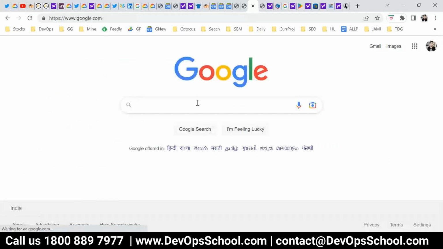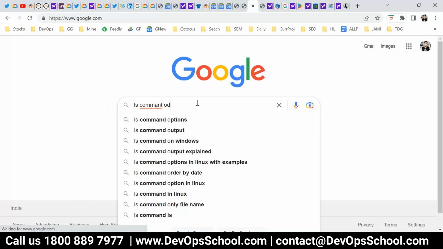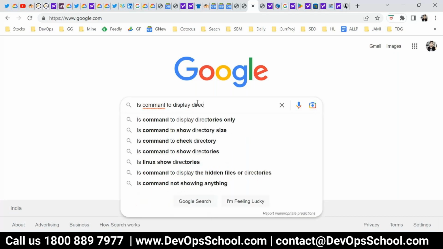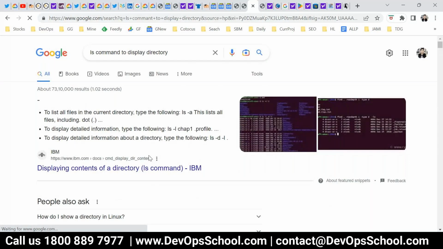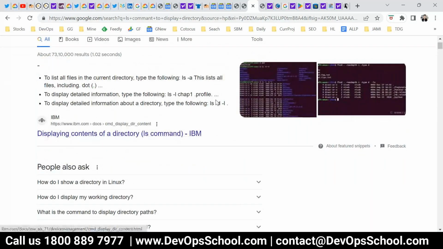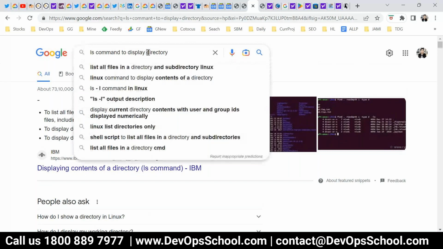But sometimes you work in an environment where there is no Google, I also work in some environments like that, so in that case man is useful.